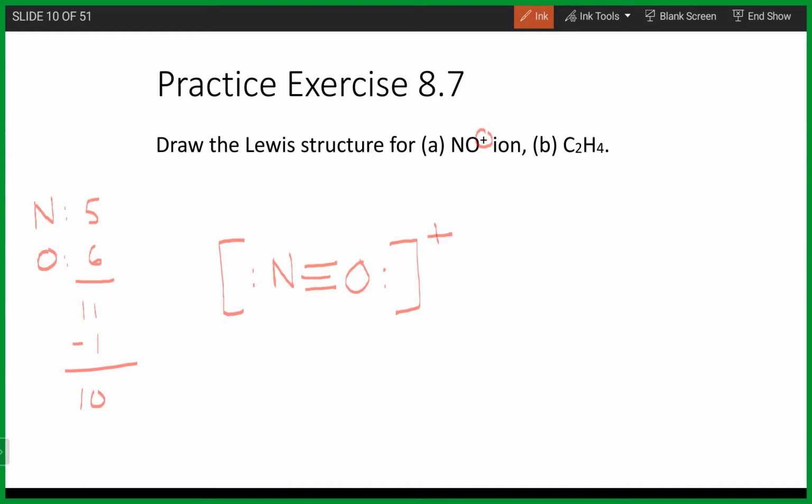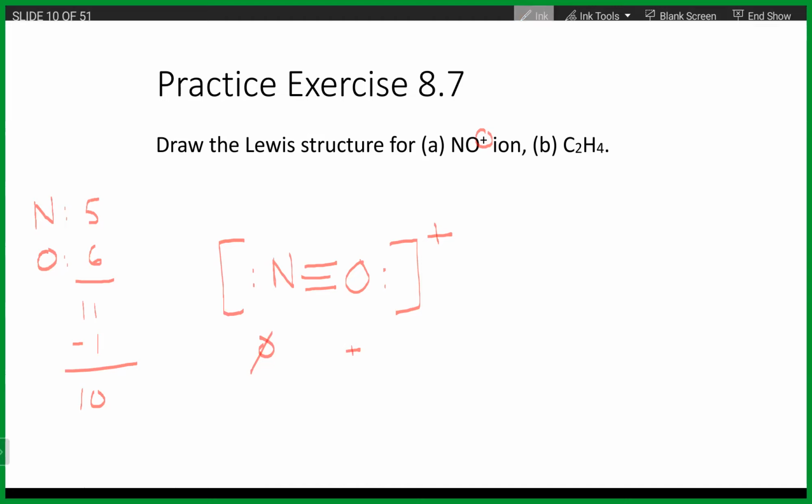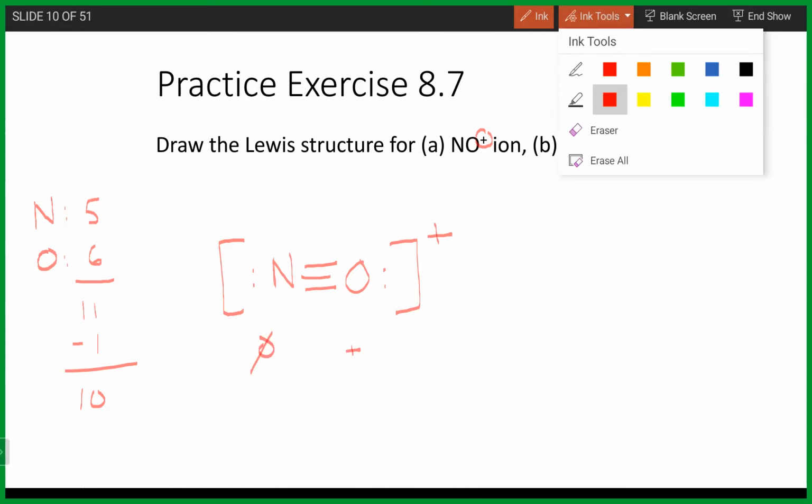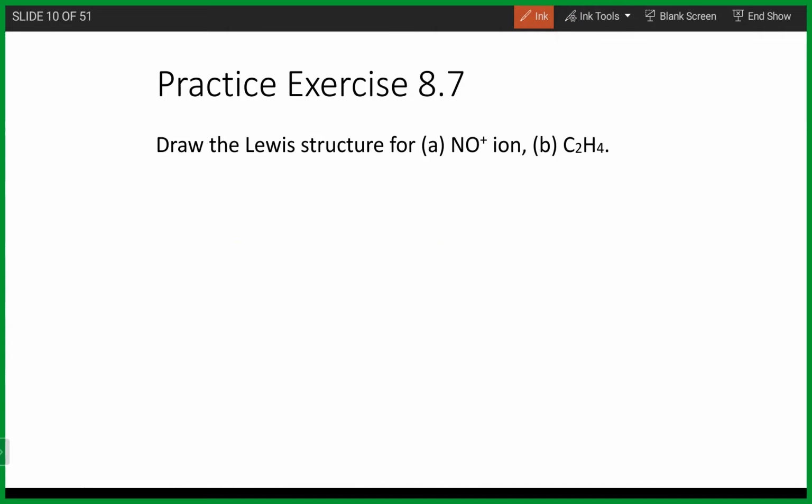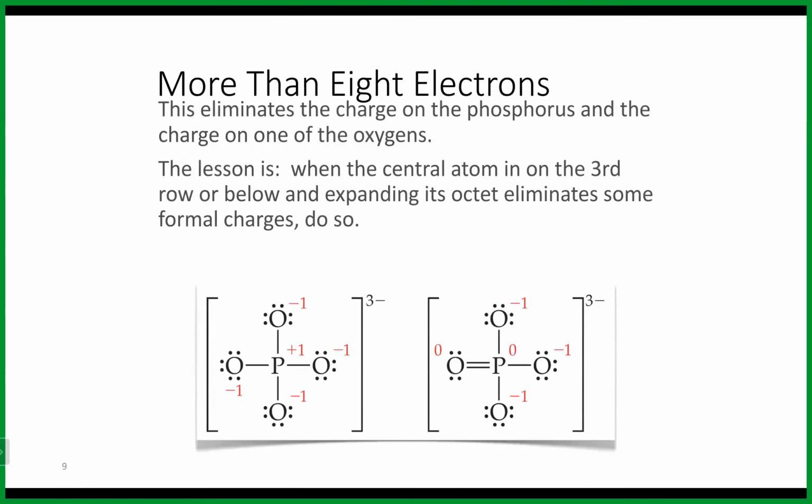And if we looked at the formal charges of these ones, what we would see is that the nitrogen is 0, and then the oxygen is +1. I'm not too familiar with this ion, but based on those formal charges, I would assume this is going to be a relatively reactive ion, just because it has the positive oxygen. And then let me clear this before we start looking at the next one. With this, hopefully you're starting to also see with these formal charges, for instance, oxygen here,